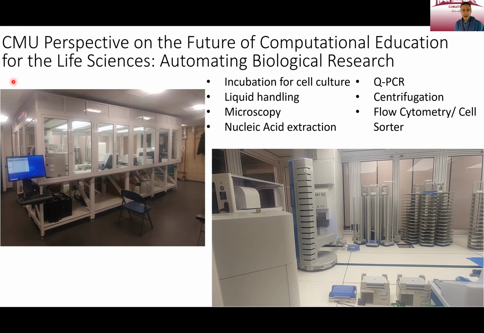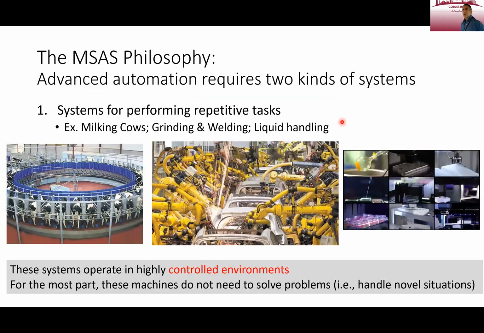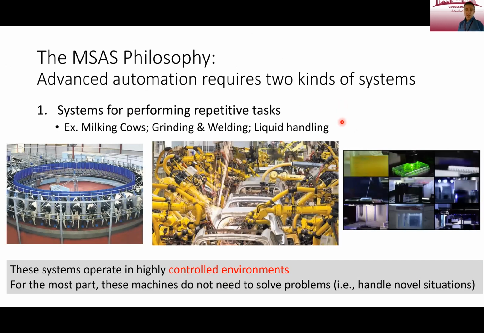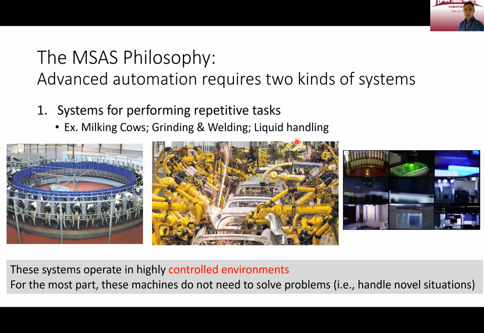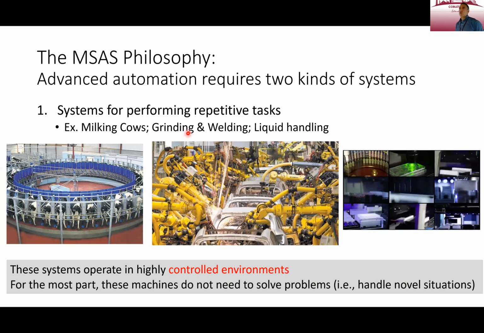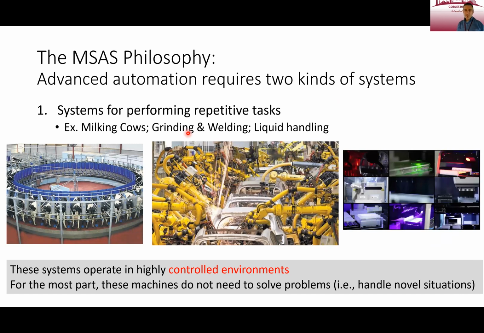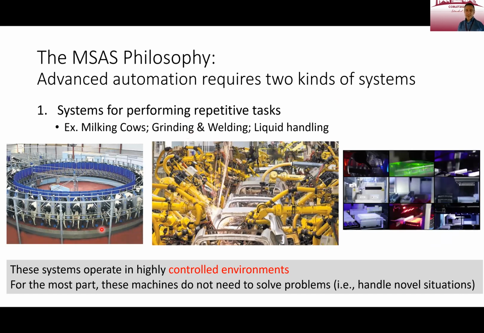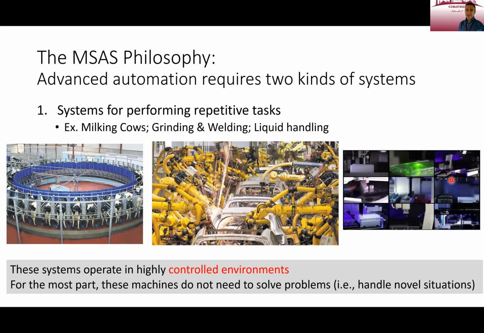This is just a picture of an actual robotic lab we have at our institution. This is the main robot that moves along a track, interacting with different stations that perform various experimental tasks. And we've really been trying to put together a program that will teach students how to do this kind of automated science, including both repetitive tasks, so how to program a robot to be able to do very basic tasks, like in this case, milking a cow or assembling a car, or liquid handling in the case of the actual robot here,